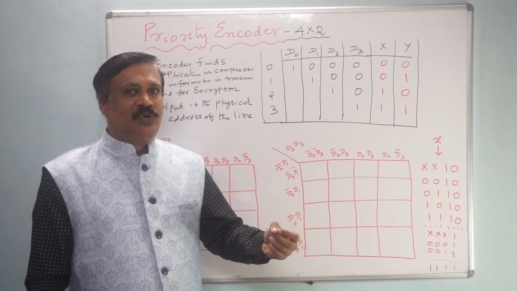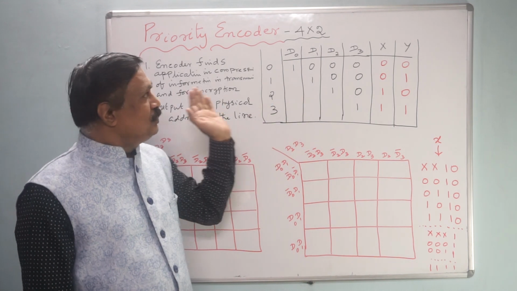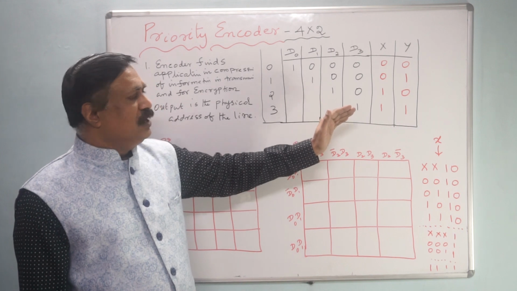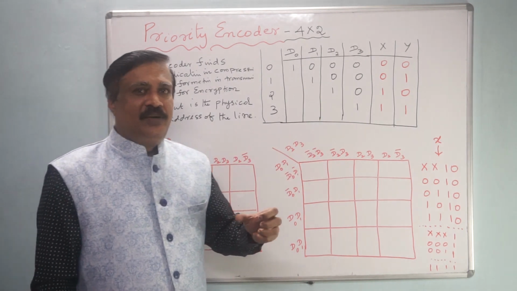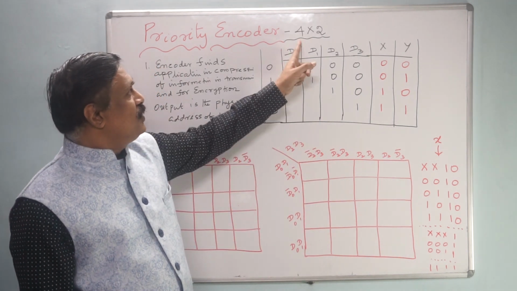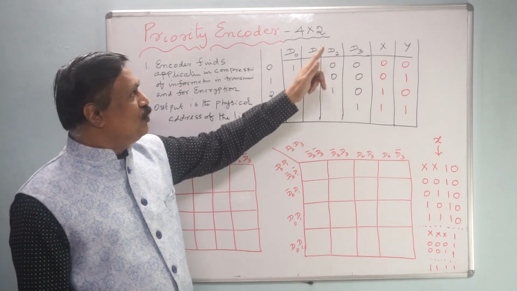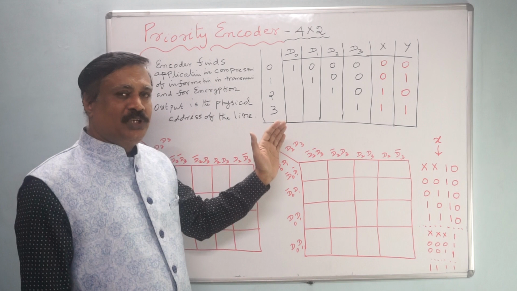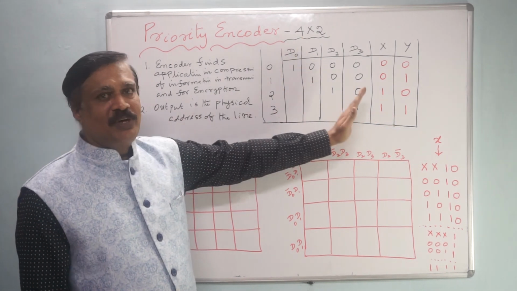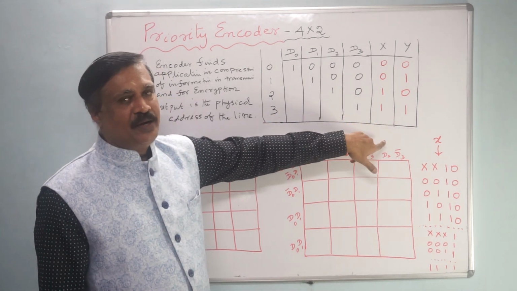Now to avoid that only, the priority encoder is designed. Then what is meant by a priority encoder? In a priority encoder, the output is generated for the high value magnitude. That means we have designed a 4 by 2 priority encoder. 4 by 2 means, as you already know, 4 inputs and 2 outputs. Here 4 means it is a decimal number, 0 to 3, and the output is a binary number.